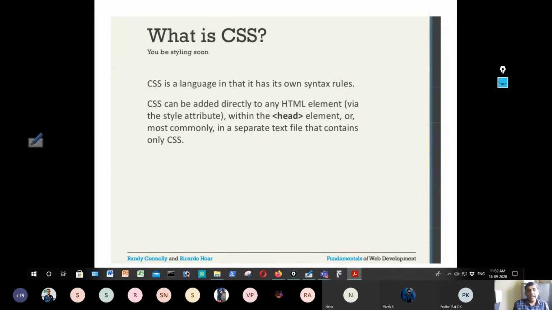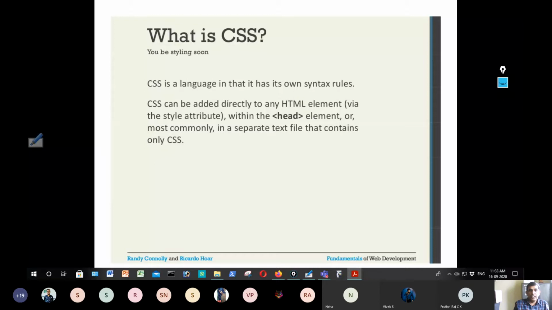So that means within the head tag, I can give a style. For example, within the head element, I can give a style: paragraph color red, H1 color blue, font size 20, and div color green.